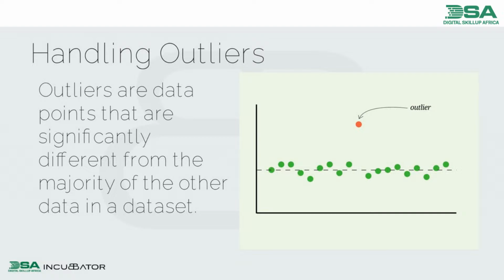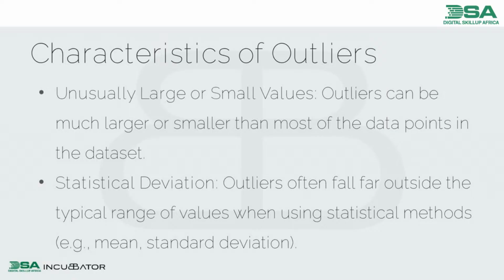Now I told you outliers are points that just want to be like a prodigal son. I made an example of you having 100 sheep. Sorry, you had white male and female sheep. Then they gave birth and you found out that there's a black sheep among them. So the outlier is like a black sheep. I say, what are their characteristics? They are usually large or small. They have statistical deviation. Exactly, they move away from every other